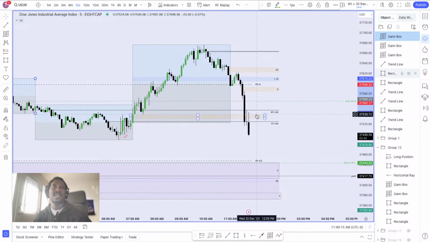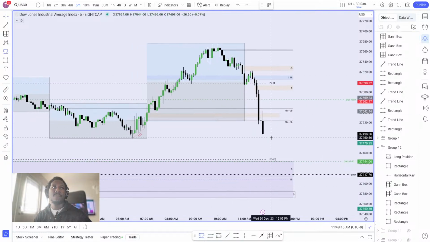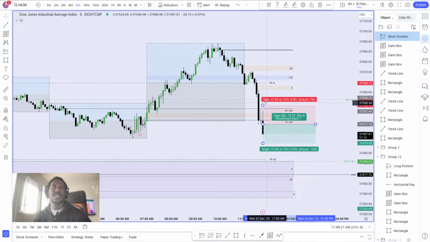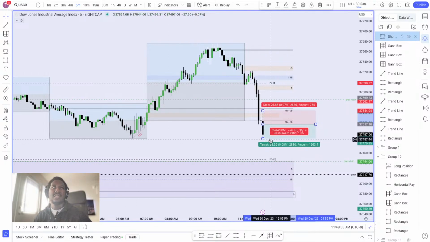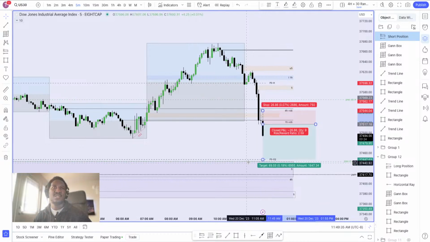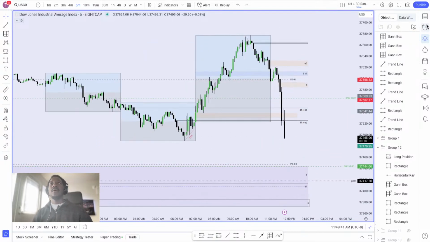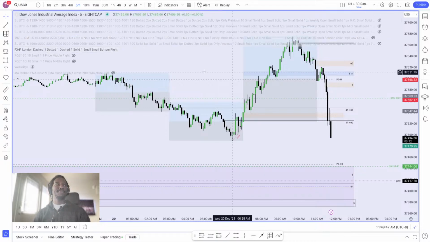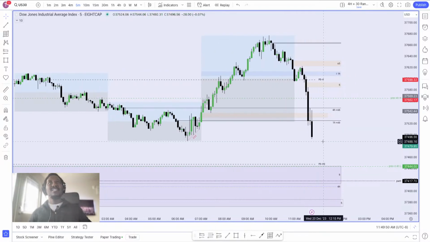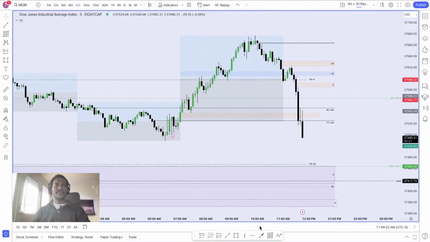So this is that setup that I was talking about, right, where that low could have been your entry and your stop loss just kind of above this fair value gap here. Maybe you can have it up a little bit and then aim for a partial at this low, and then the ultimate place would be the previous day EQ just right there, or even into this pool. So that is pretty much something I was expecting. Now I'm still gonna be following my rules, so from now I'm just looking for buys, as I'm still taking more and more data. In the meantime, I'll just stick to plan.